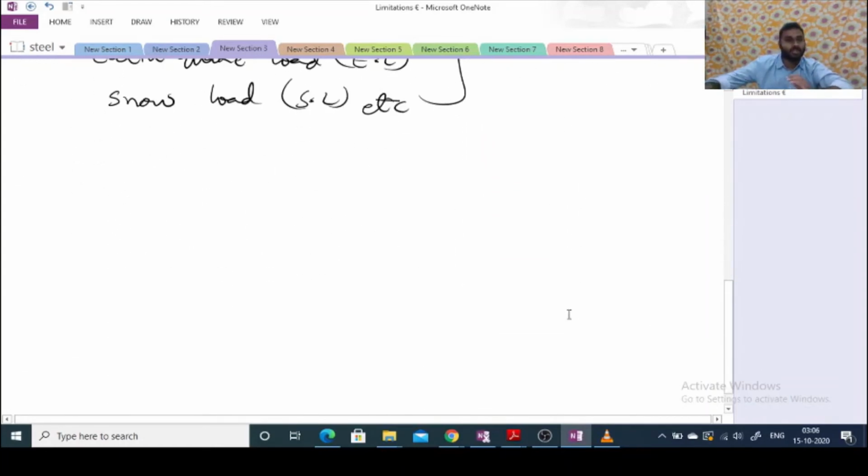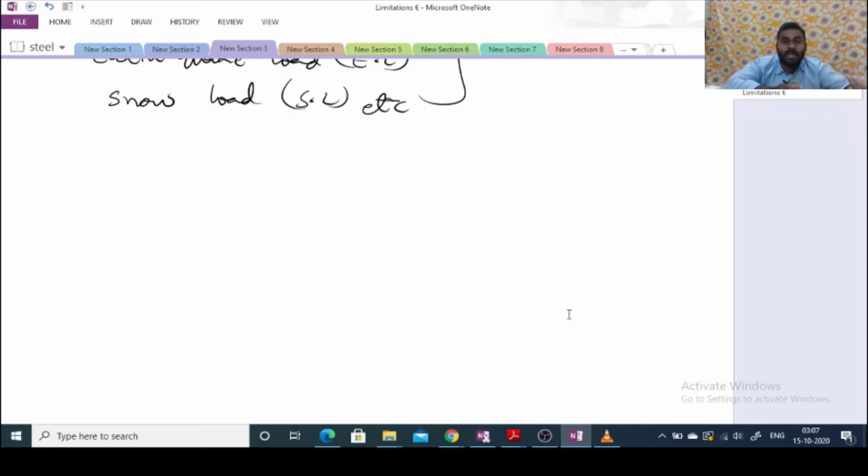Apart from the limitations we have discussed for the working stress method, there exist advantages. What are those advantages? Let us see. Most of the structures designed in accordance with the working stress method have performed satisfactorily for many years. That is why we followed the working stress method from 1956 to 2007. In this span, we designed steel structures by the working stress method, and throughout this span these structures have performed satisfactorily.